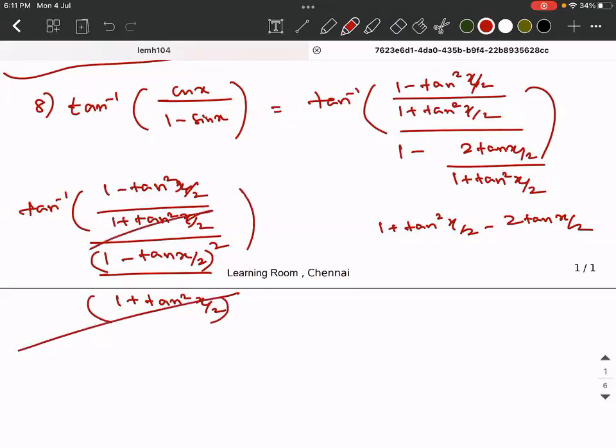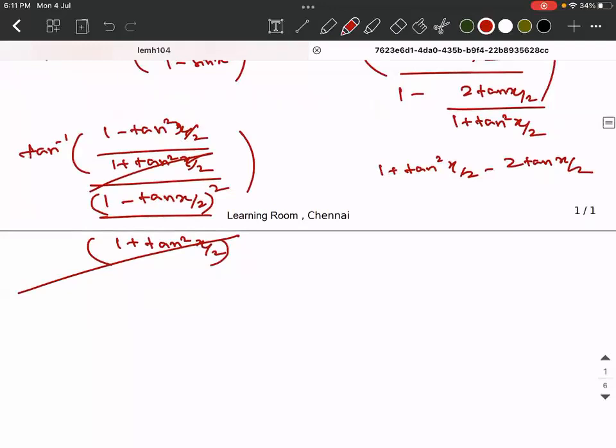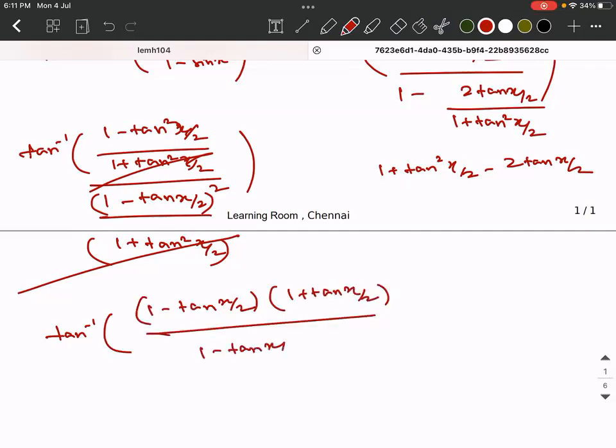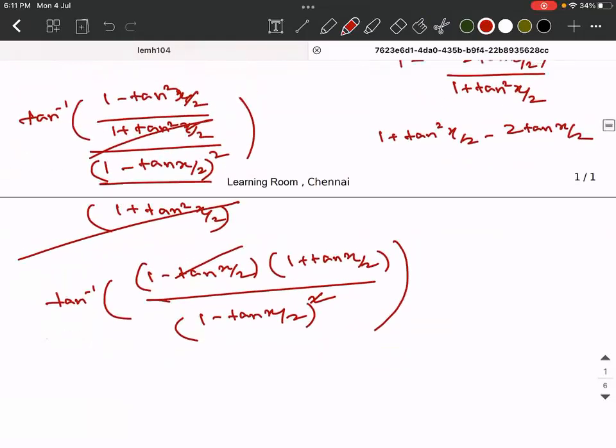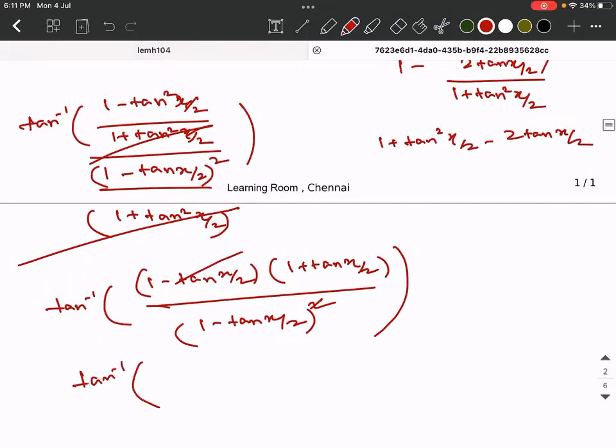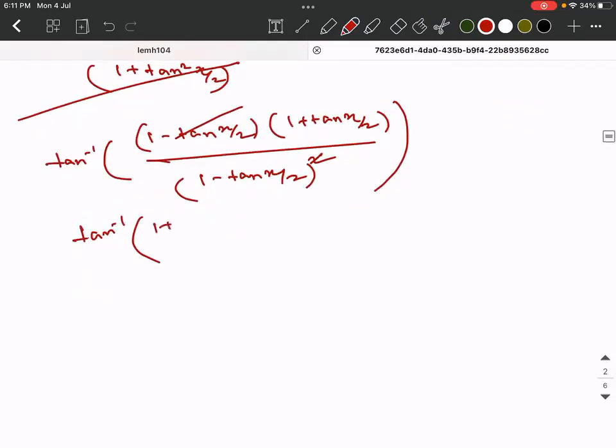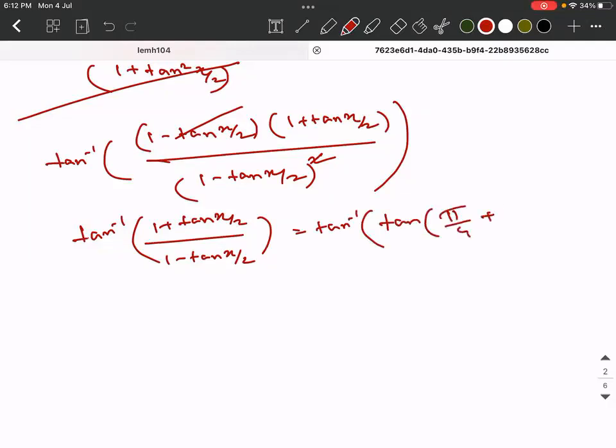So this and this are gone. It's the same logic again. Tan inverse of, I can write this as 1 minus tan x by 2 into 1 plus tan x by 2 divided by 1 minus tan x by 2 the whole square. Cancel this and this. So you're left with tan inverse of 1 plus tan x by 2 by 1 minus tan x by 2. So this will be tan inverse of tan of pi by 4 plus x by 2. So answer will be,